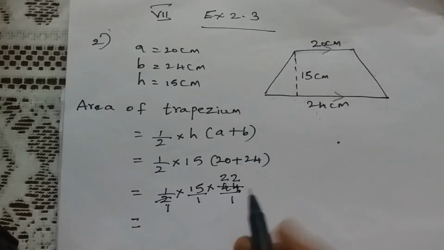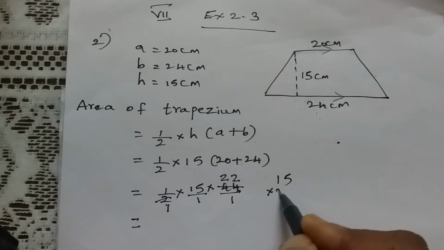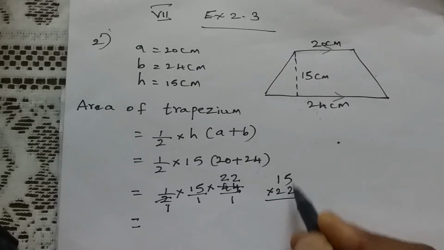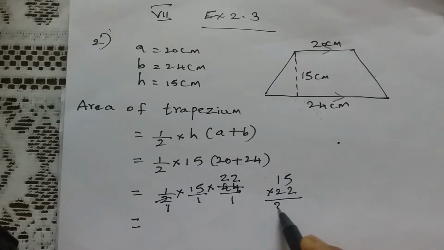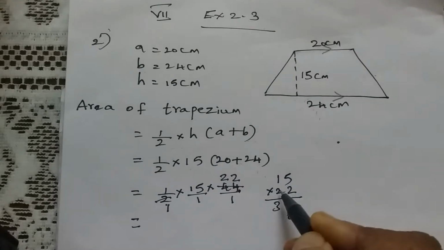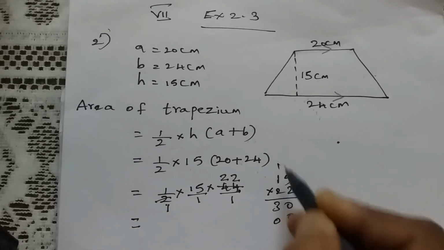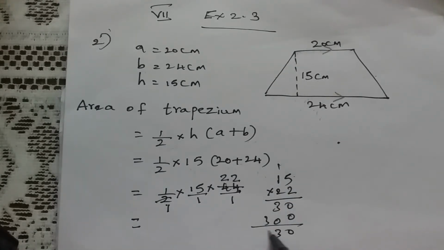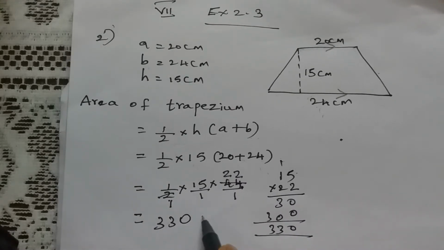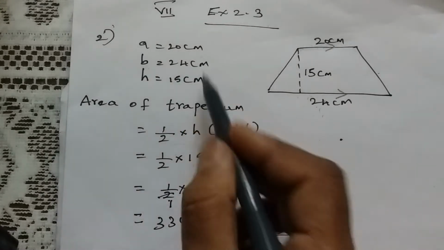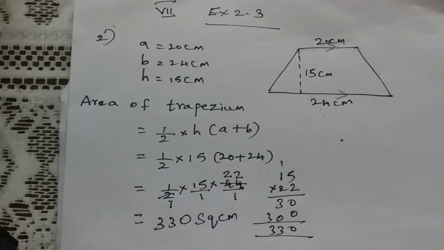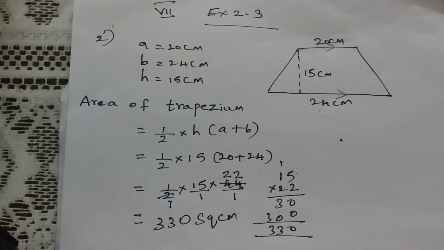So just multiply the numerators to get the area of the trapezium. 2 into 15, we can try directly. 2 fives are 10, carry 1, 2 ones are 2, 2 plus 1 is 3, so 2 15s are 30. Now 30 into 11. Add them quickly. What is it? Area is 330. And what is the unit of area? Square, and the measurements are given in centimeter. So it is square centimeter is the area of this trapezium.